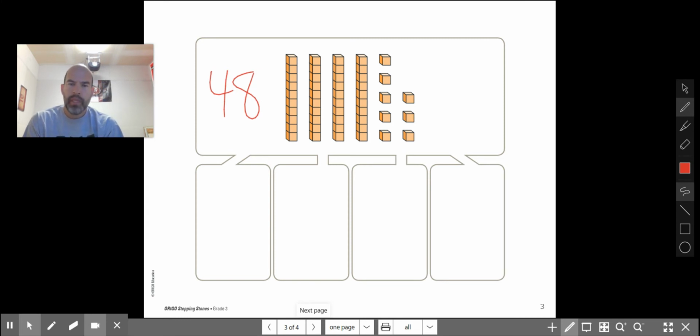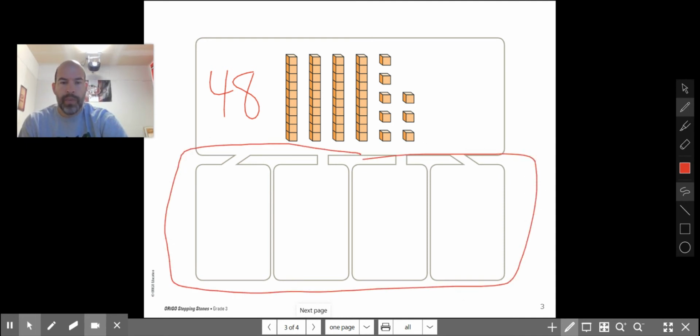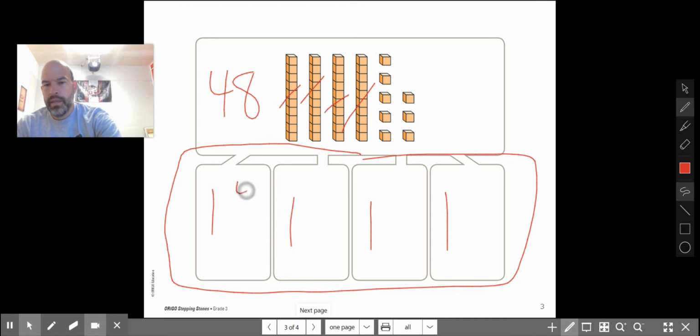Okay. Now, I'm going to separate these into what? 4 equal groups. So I know there are 4 equal groups. Okay, that's represented right there. So I'm going to put 1 ten here, a ten there, a ten there, 1 ten there, and 1 ten here. Now, I'm going to put base 10, 1,